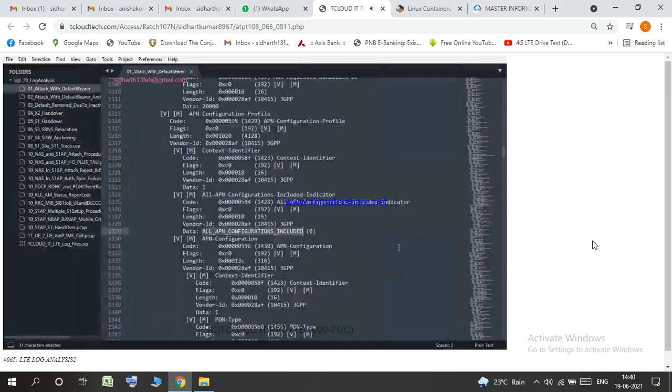It's saying all APN configurations included. That means HSS is sending all the access point names that the mobile has subscribed for, and that the mobile is allowed to be connected to. It is sending all the details to MME. So this is the actual APN configuration that is derived from HSS. This itself is a big